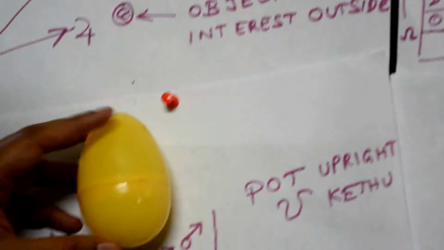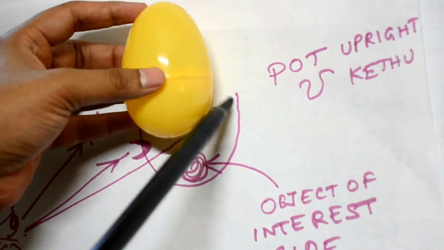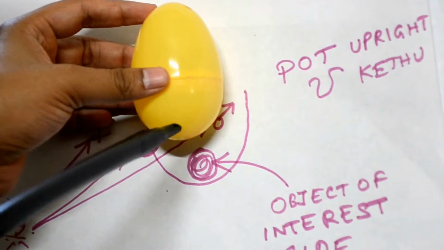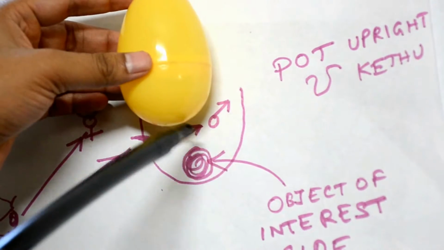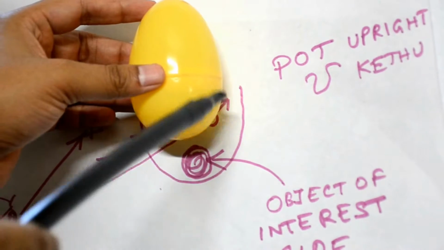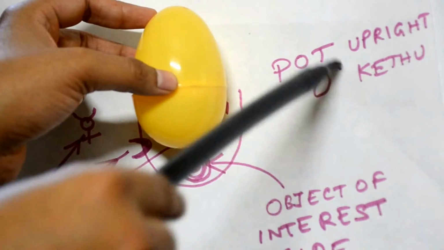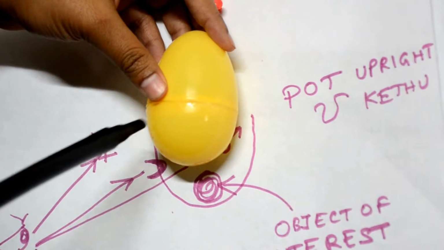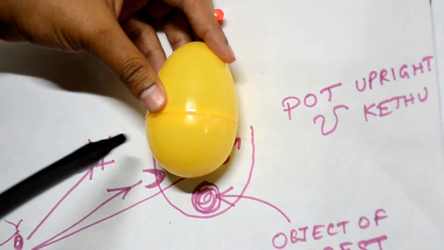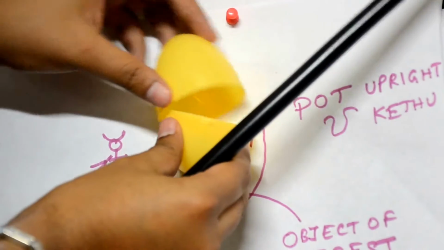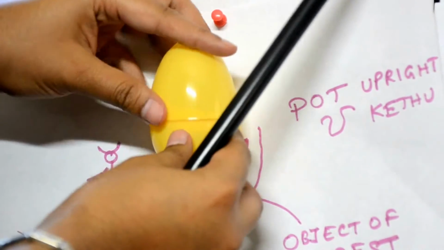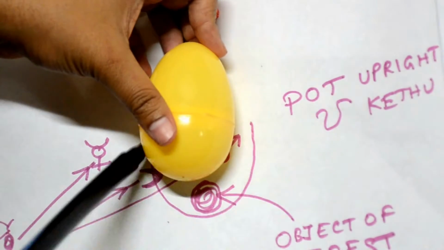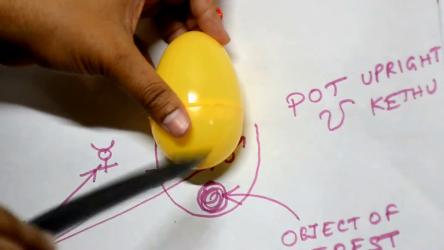Now coming down here, the object is actually here, and when something is inside, the state of the object is called Mars, and the shape of the part being upright is called Ketu. And when an observer is observing this part, it is called Moon. And the area outside the part, the upper part of the part, is called Mercury, because whatever the object of interest is inside, it's on the other side, right?